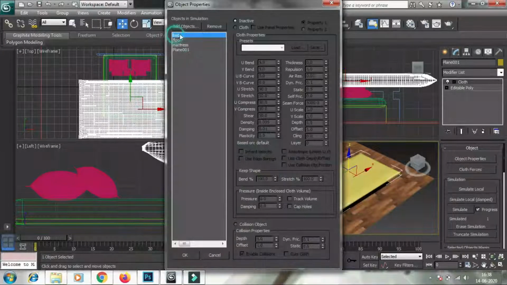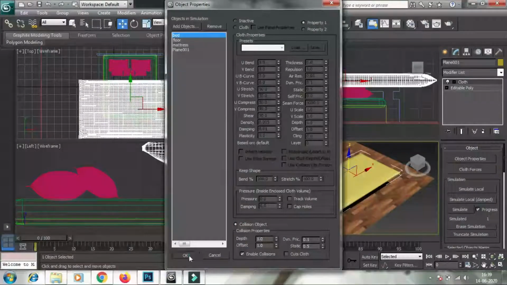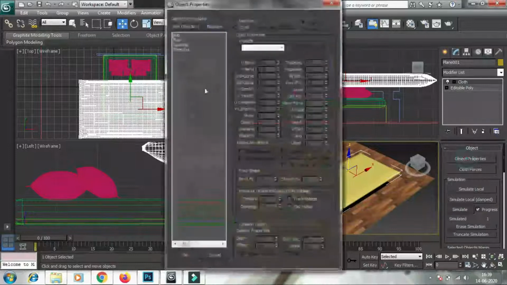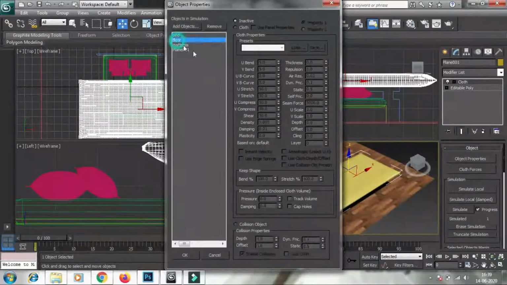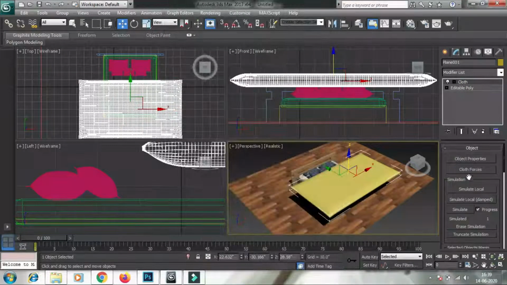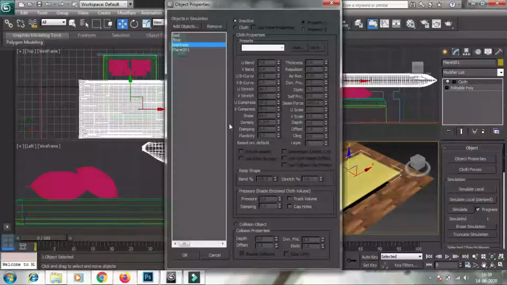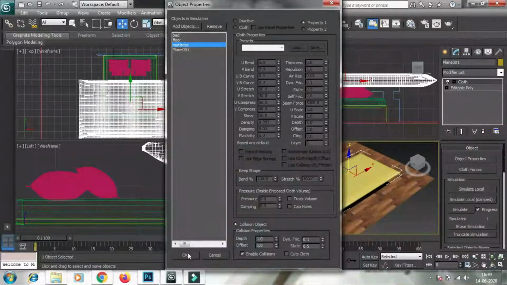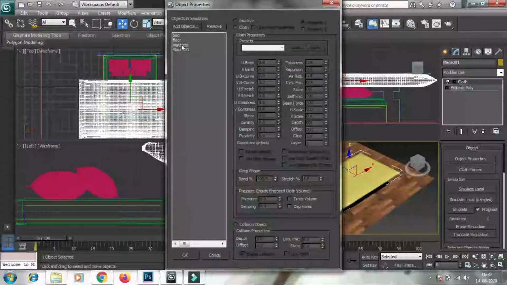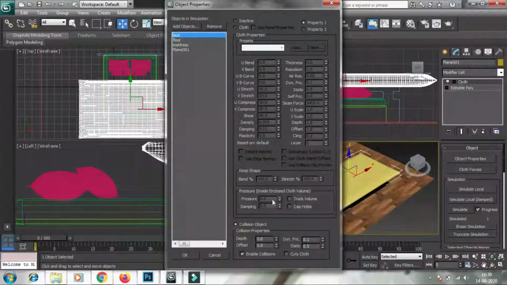Now you need to convert the bed, floor and mattress into collision objects. Select mattress as well and apply collision object. Now you can find that bed has been converted into a collision object, floor is a collision object, mattress is a collision object.